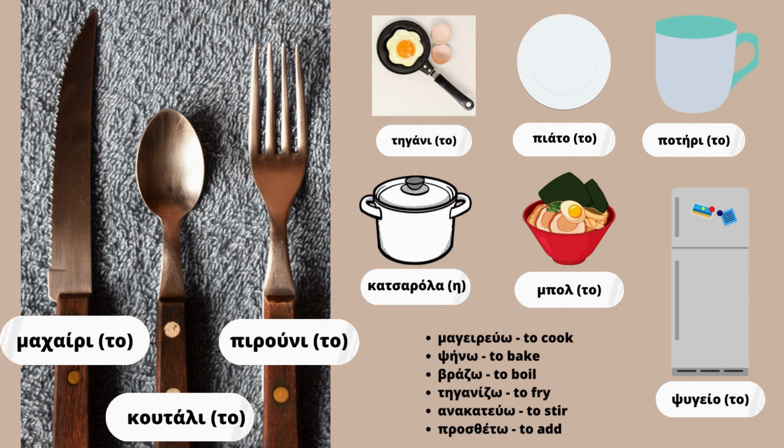Next one is βράζω, which means to boil something. Next one is τηγανίζω, to fry. Next one is ανακατεύω. I'll repeat one more time. Ανακατεύω, to stir. And the last one for this slide is προσθέτω,